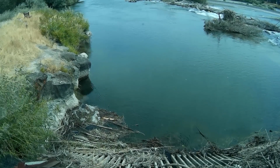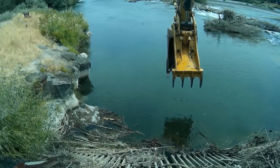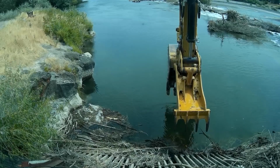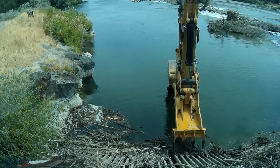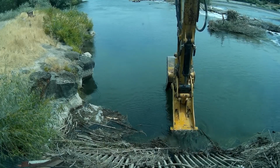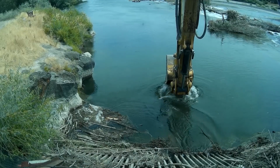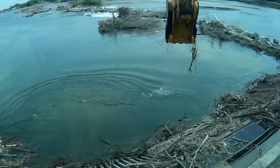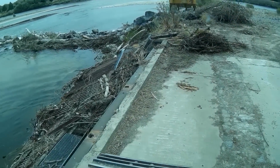So they've had backhoes come in here and they just scrape the stuff up on the top, and it kind of makes a mess. So what I've discovered is if you got a thumb, you can just take this thumb and just carefully go down between these bar grates and scrape this stuff to the bottom very carefully. Don't hit the grate, like this, and then just close your thumb on your bucket, and you can get a lot of it up that way and open it up, and then just pile it here,